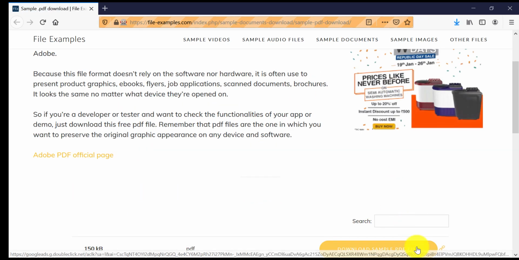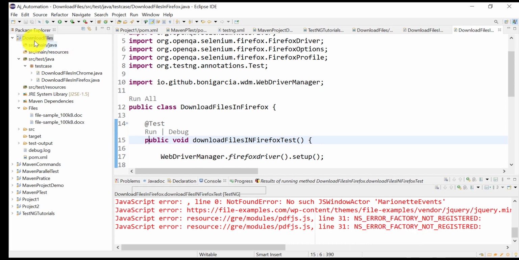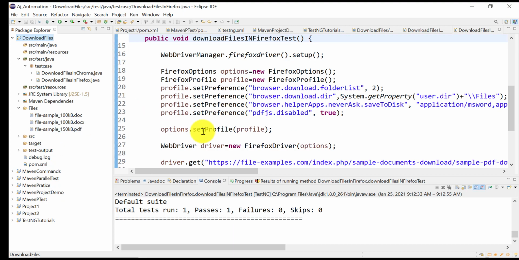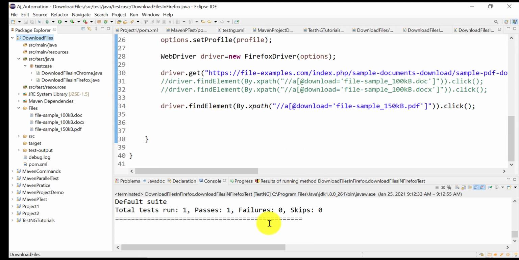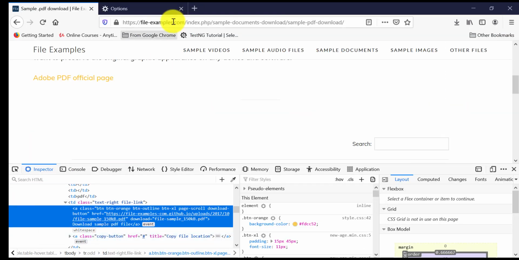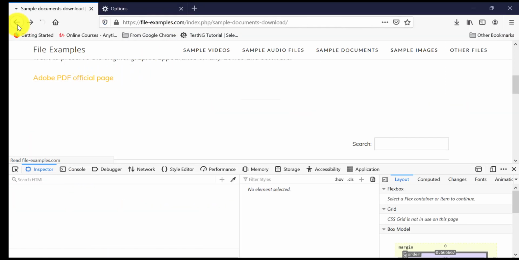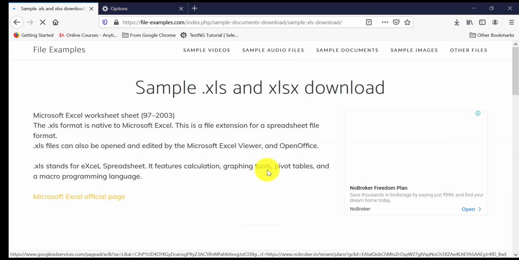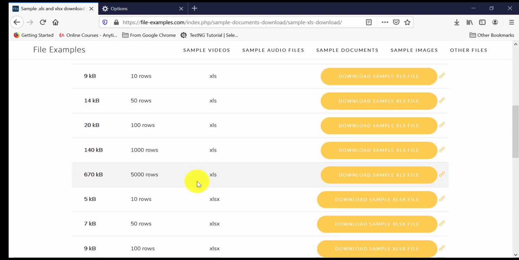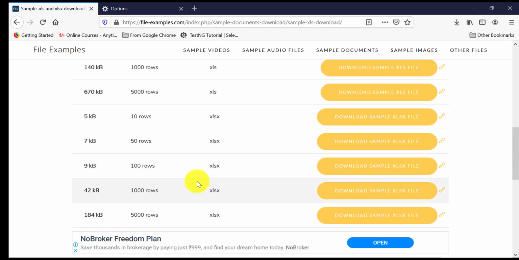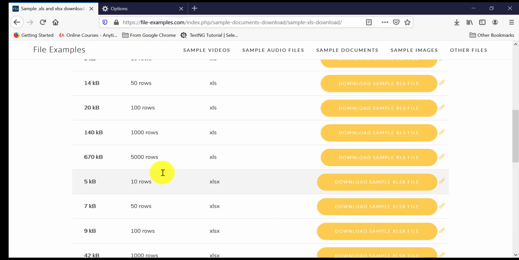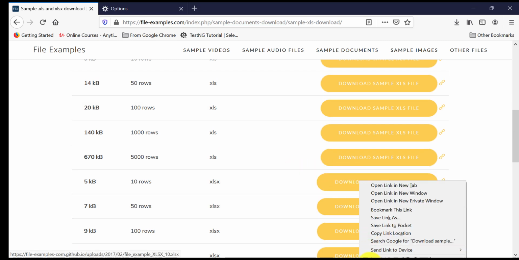It got downloaded, and let us refresh this. As you can see, PDF is also available here. What is remaining is our Excel thing. For Excel, we have added one MIME type. You can add all of these, and you can try if you are able to download all this XLS or XLSX. Maybe I will try with XLSX now.